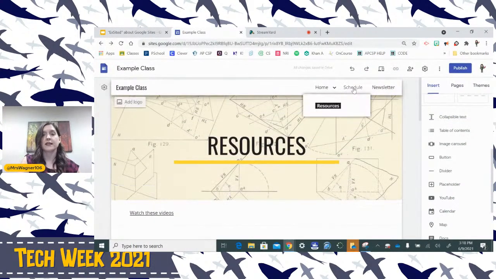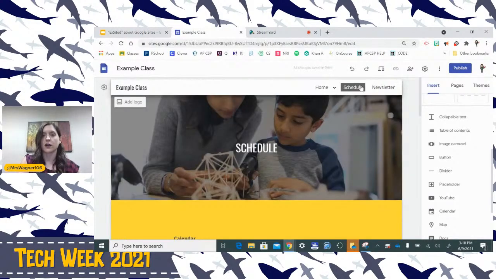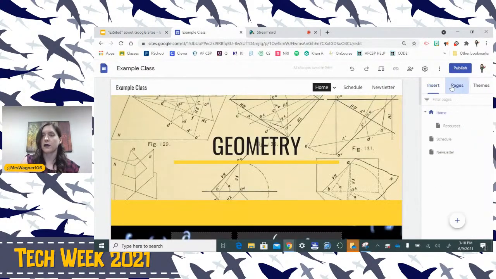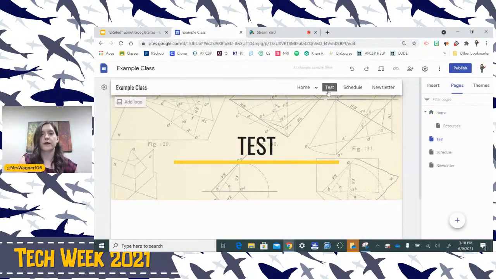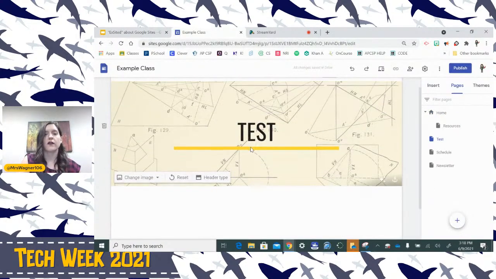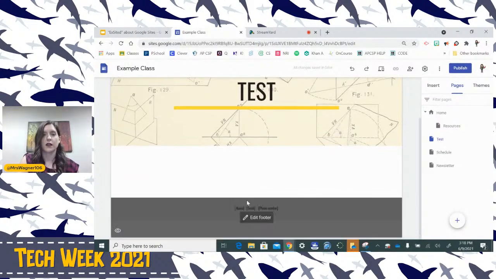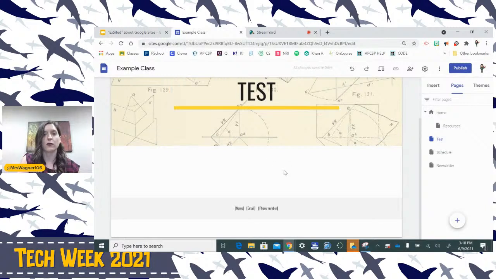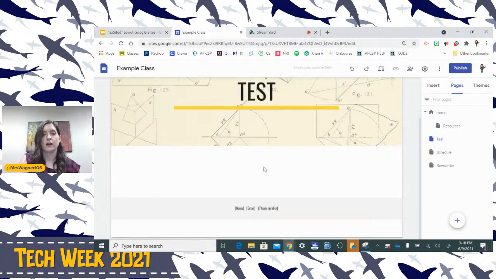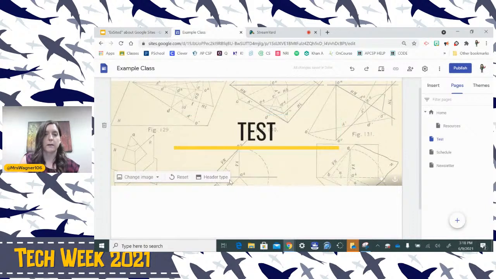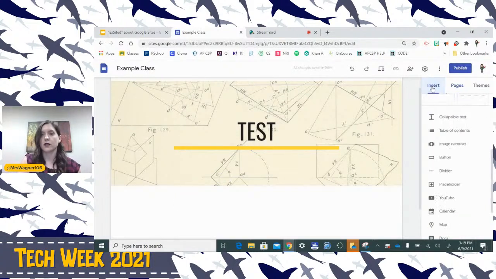Now, when you make a test, so let's say, let me go over here. I'm just going to add a page. We're going to call it the test page. So here, if I was going to create a page where I had a test for a student, like I showed you on our example, Rachel and I gave tests using Google Sites. You create the website as you would for any other purpose, and you label it appropriately. So here we would insert